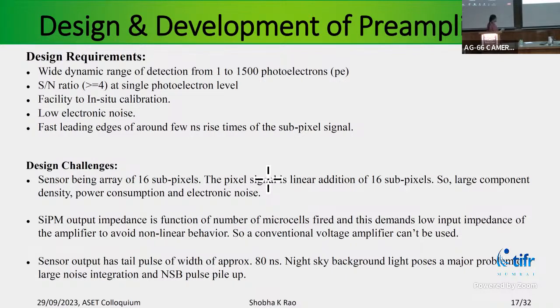And the other design challenge was that the SiPM has a terminal capacitance of 320 picofarad, and it has a long tail. It has a long tail of 80 nanoseconds. So what happens